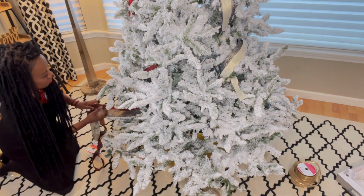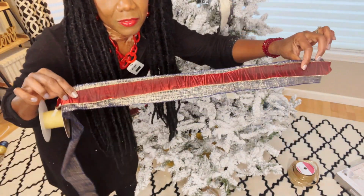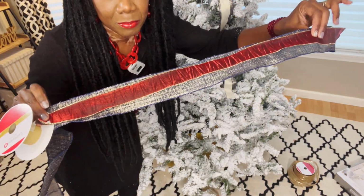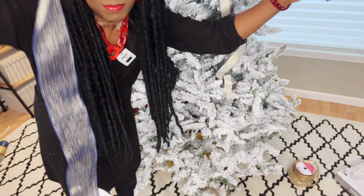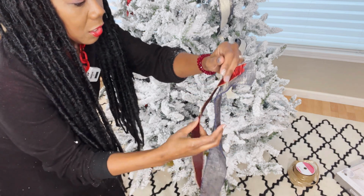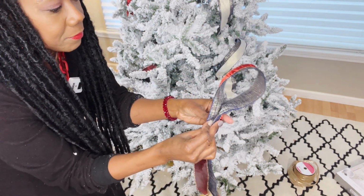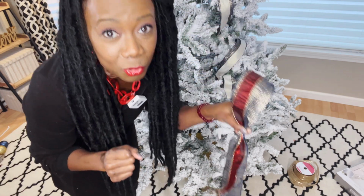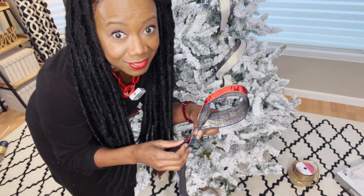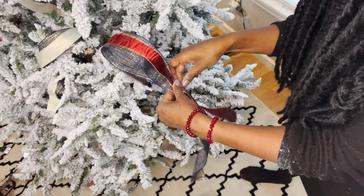So when you are running low, look how much I have left. I only have this much of the burgundy and a little bit more of the blue, but not too much. So what I'm going to do is use this. I'm going to do one loop like that, then secure it with the floral wire, say that 10 times, and secure it to the tree. Watch me do that. Okay, so you've got your